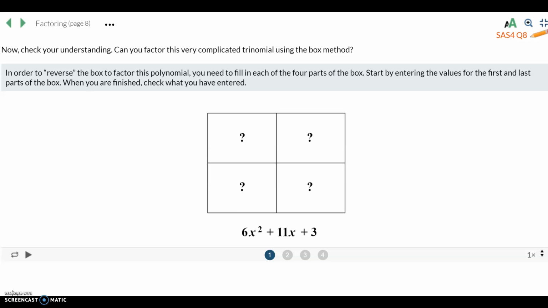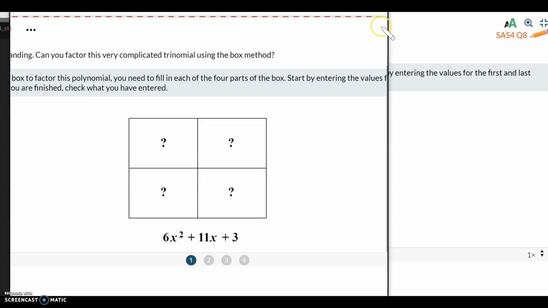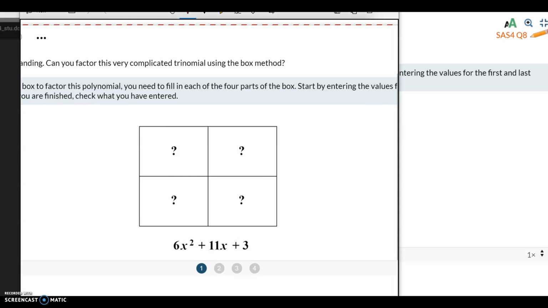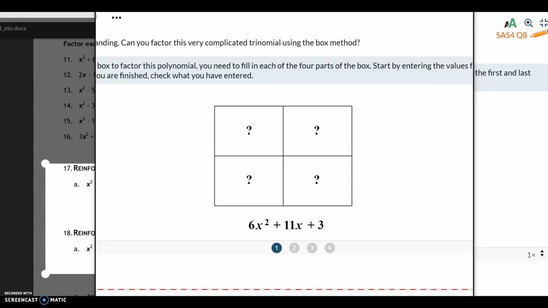Looking back at last week, we learned how to use this box so that we could reverse factor this polynomial. We need to fill in each of the four parts of the box, and we start by entering the values for the first and last parts of the box. We learned on Friday that, let me make a copy so that I can bring it back up. Looking at this box, you take this ax squared